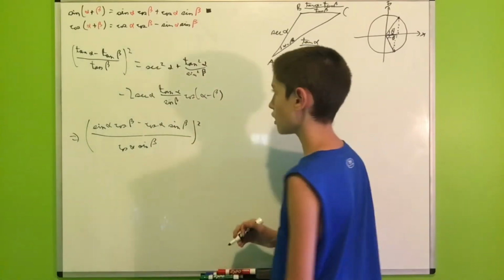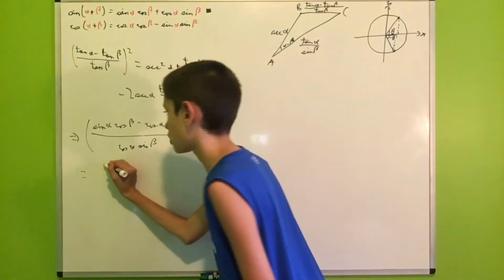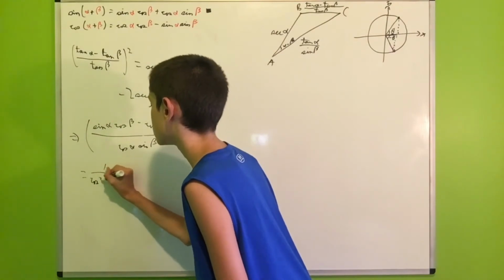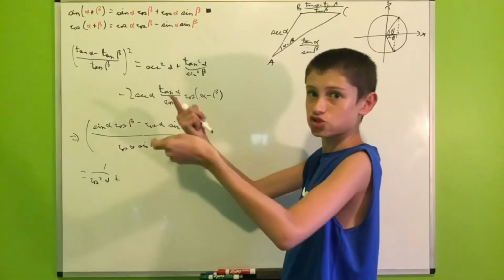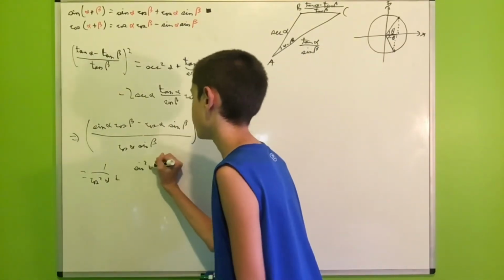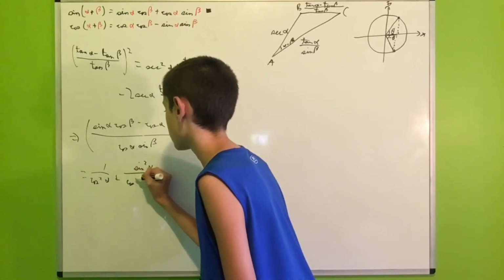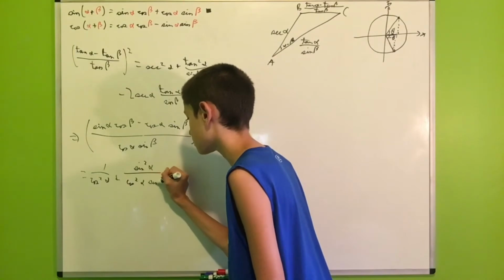The whole thing squared, which is equal to secant squared alpha, which is 1 over cosine squared alpha, plus, and then tangent squared alpha is sine squared alpha over cosine squared alpha, so sine squared alpha over cosine squared alpha times, and then don't forget the sine squared beta,